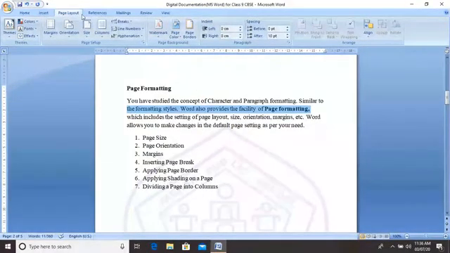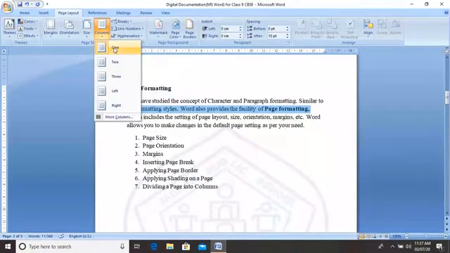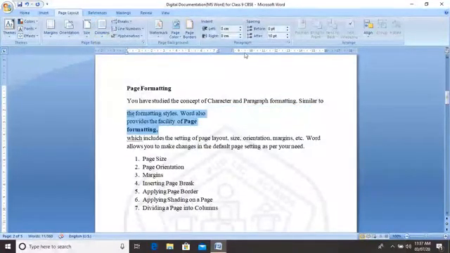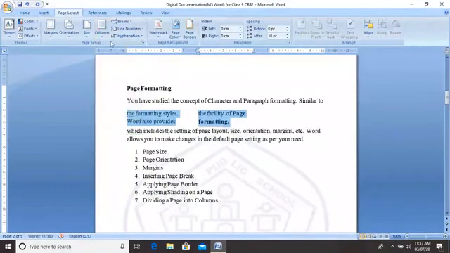For that, just click on page layout and click on the columns arrow. We have one column, this is the normal which we have right now. We have two, see the two columns, one column is here and the next column is here. We have three options also.